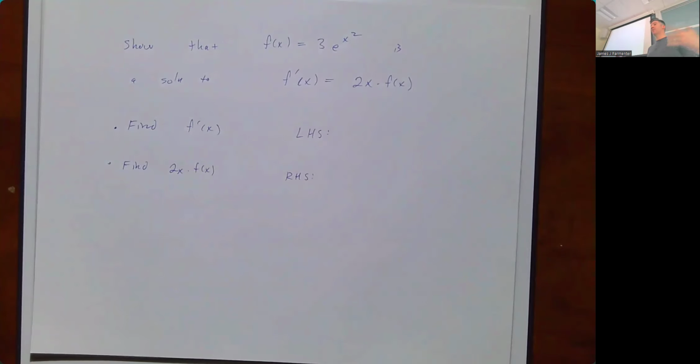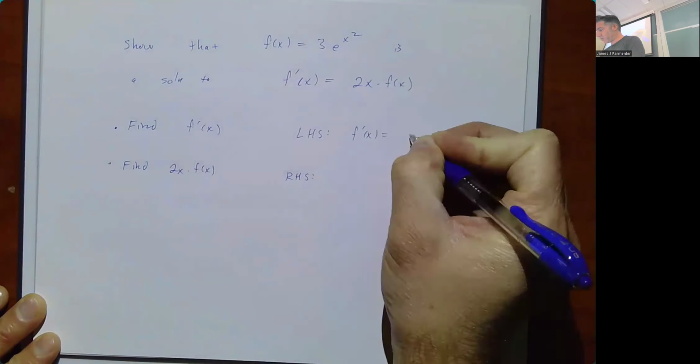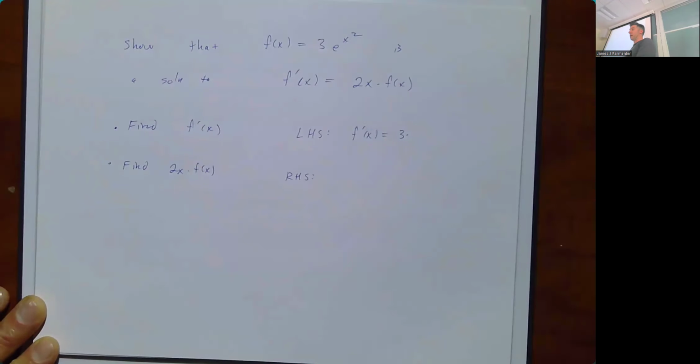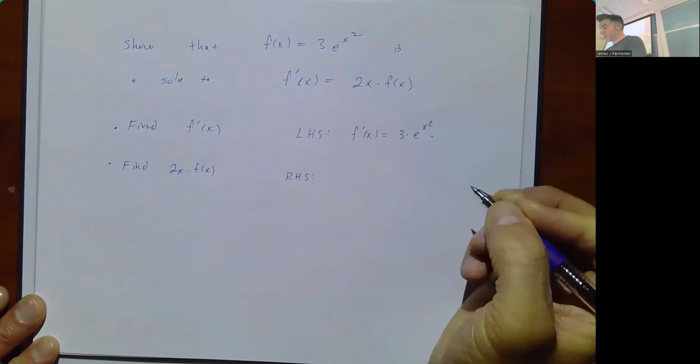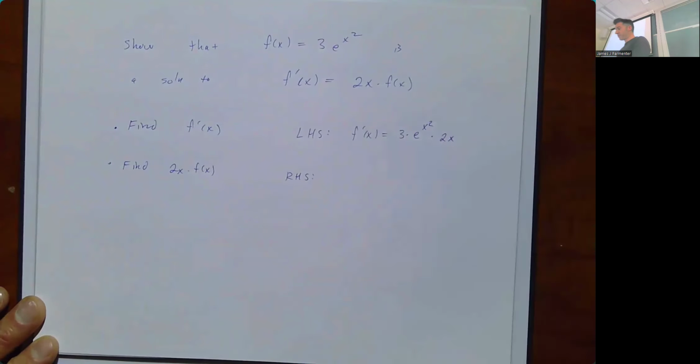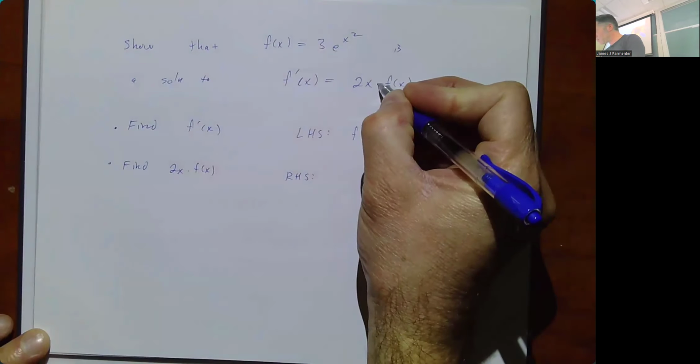Right, constant multiples hang out. So the derivative of 3 times some stuff is 3 times the derivative of that stuff. So when we take the derivative of 3e to the x squared, we're going to get 3 times the derivative of e to the x squared, which is going to be e to the x squared times the derivative of x squared. Right. What is f prime of x equal to 2x times f of x? That's a times, yeah.